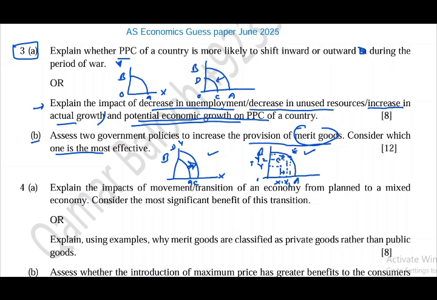You can give example of education, right? Education, then you can give example of healthcare, and then you can give example of plantation. So these are the most popular examples: education, healthcare, and plantation. These are the merit goods because they are not only beneficial to the consumers themselves but also to the entire society and third party. Third party is a person who is neither producer nor consumer.